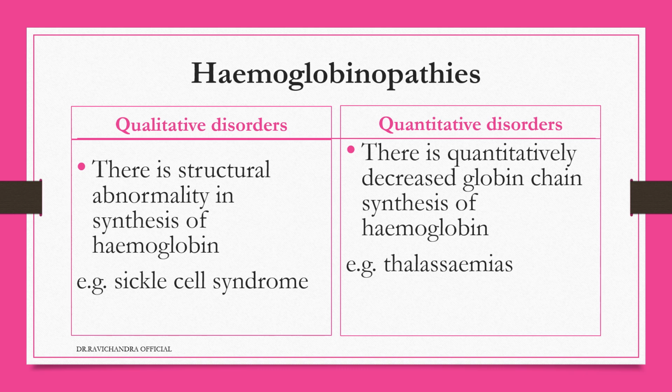Hemoglobinopathies are classified into qualitative disorders and quantitative disorders. In qualitative disorders, there is a structural abnormality in the synthesis of hemoglobin, and they are called sickle cell syndromes. In quantitative disorders, there will be decreased globin chain synthesis of hemoglobin. These are categorized as thalassemias. So, sickle cell syndromes are qualitative disorders of hemoglobinopathies, and thalassemias are quantitative disorders of hemoglobinopathies. This can be given in MCQs, or can be asked in viva questions. If they ask which type of hemoglobinopathy is seen in sickle cell syndrome, it is a qualitative disorder. Thalassemias are quantitative disorders of